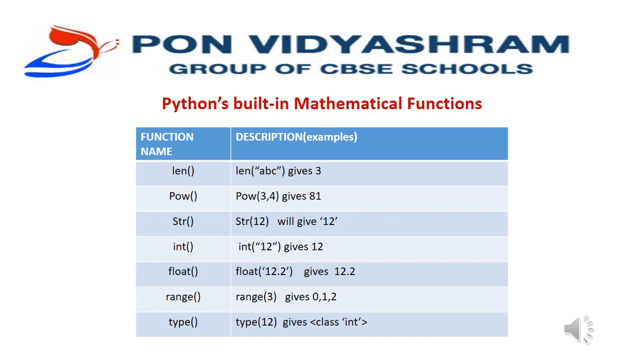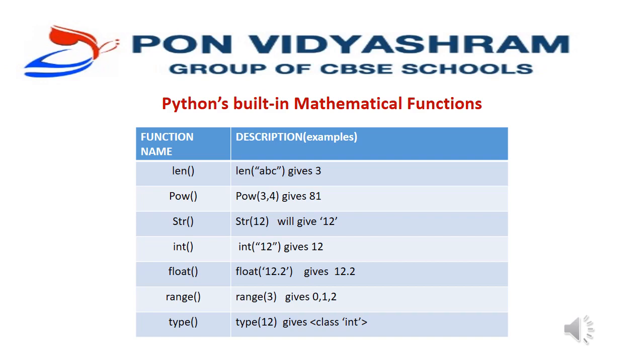Now let's discuss Python's built-in mathematical functions. Python provides many mathematical built-in functions. You have worked with many mathematical functions of Python in your previous chapters. Let us quickly recall those and then we shall talk about the new mathematical functions. First one is len(). The len function is used to find out the length. Look at the example len("ABC"). Here I have passed a string. We can tell it is a string because of the double quotes. So for ABC, what is the total length? Length always starts counting from 1, so the total is 3.